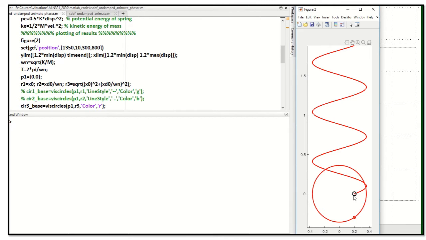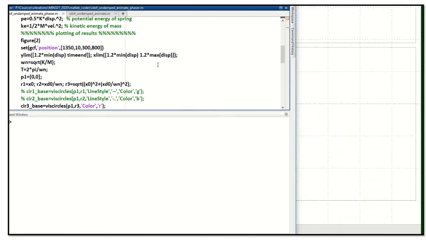Now this displacement of the mass can also be achieved, as we have already discussed, by using a fictitious particle, which I have denoted over here by this red circle. As time progresses, this fictitious particle moves along the circle with a constant angular velocity, and its projection on the x-axis changes as it moves, and that is the location of the mass. So the motion of this fictitious particle in a way is capturing the motion of this mass.